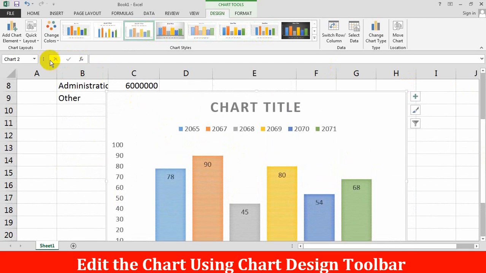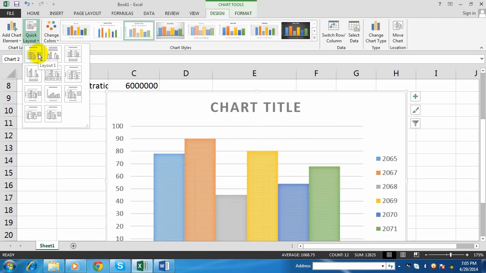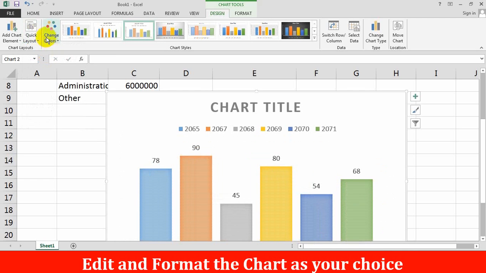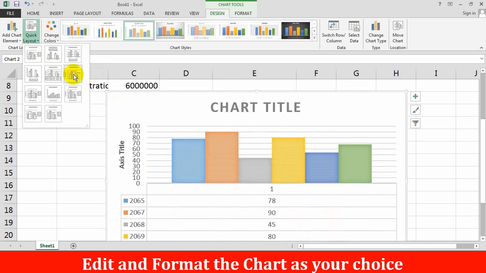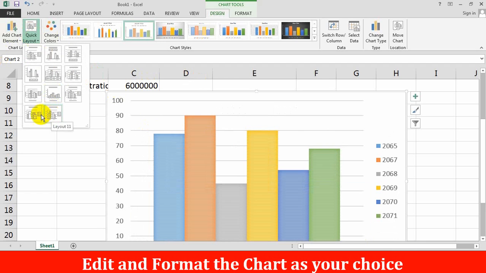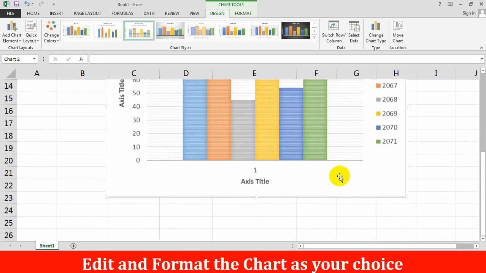Just go to Quick Layout, where you can get varieties of chart styles. Here, if you choose this style, you get this type of style. Choose any one style. Here you can see different styles. In which style do you want to show?